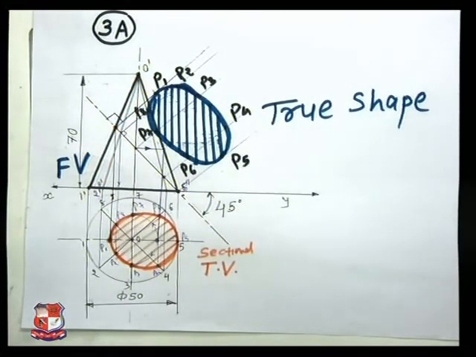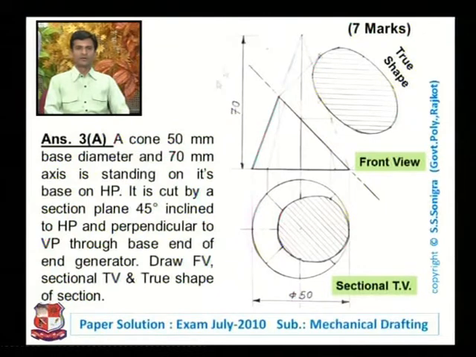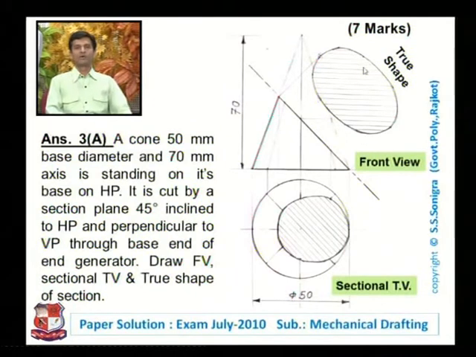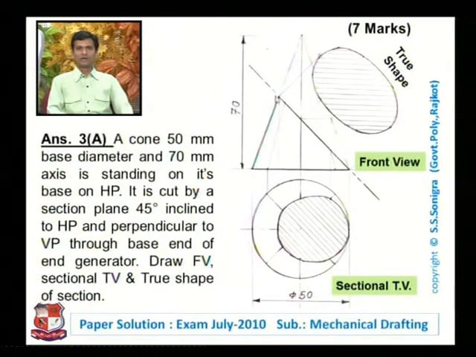In the PPT, here it is shown, its actual drawing. You can see here answer number 3A. This is the given data, and this is the solution of the problem which we have drawn over here. You should lighten all this portion. This upper portion is the cut portion, hence it's a removed portion. You should lighten that. This is the remaining portion, so it should be much darker.